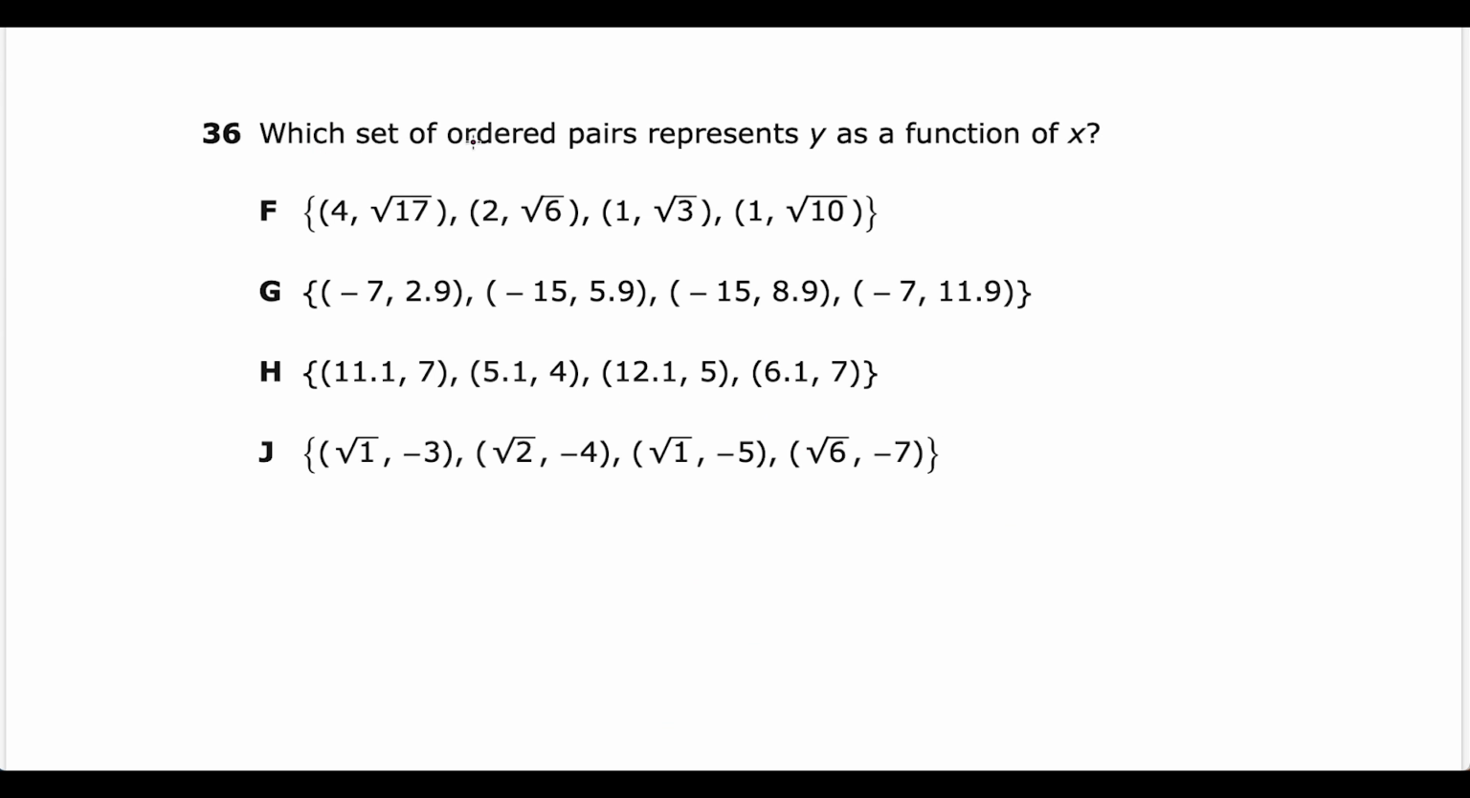So question 36, which set of ordered pairs represents Y as a function of X? So when they're giving you ordered pairs, what you want is you want X does not repeat. Okay, so if X does not repeat, then you're going to have a set of ordered pairs that can represent a function. So here, let's look. 4 is unique, 2 is unique, but then look, we have repeating ones here with different Y values, so this